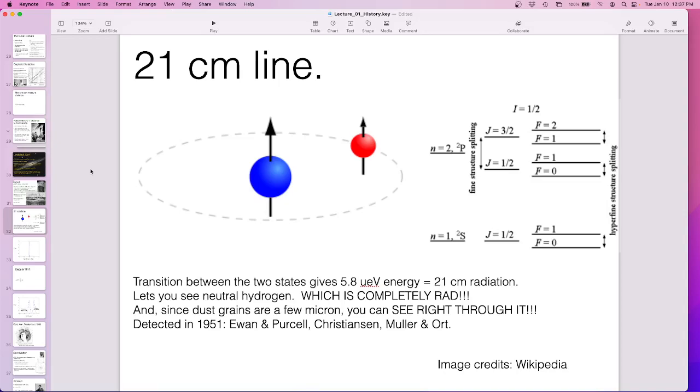Low energy, so the neutral hydrogen, cold, boring hydrogen, has this low energy transition. It's not the excitation that you learn about in modern physics or whatever. It's this very low energy photon. Being low energy gets us two things. One, we can see with radio telescopes. Two, it goes past all the stuff. So if I've got a dust grain that's 100 angstroms across, or 100 microns across, that's pretty small. My radio wave is this big. It goes right past it. It doesn't care. So radio waves go right through the dust.